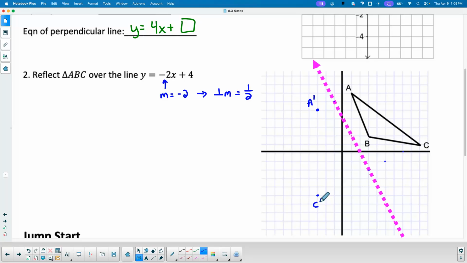Now B is kind of goofy. Okay, so right there, and then it actually ends up being, I believe, at the origin. I should have just given you B prime because I knew B prime was going to be the goofy one. Okay? And then we can draw in